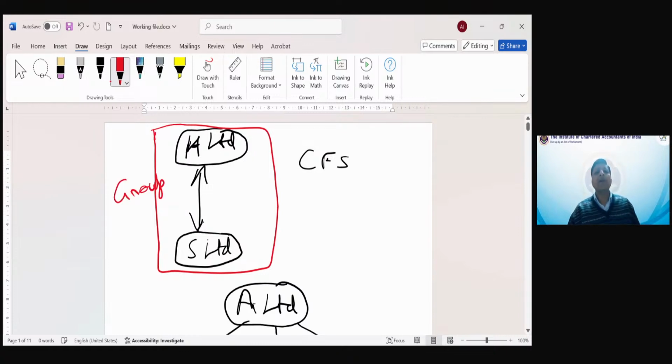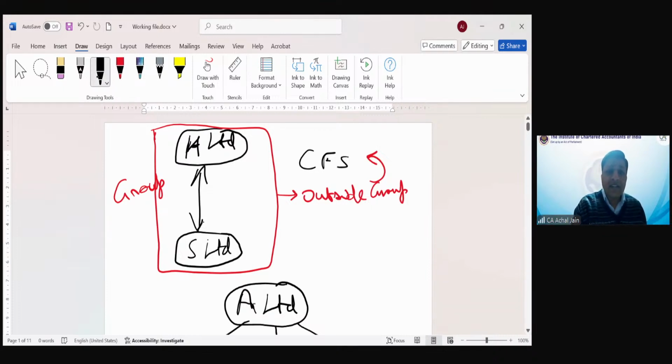They comprise one group. So therefore, if this group will have any transactions outside the group, that is something you will consider for CFS. But if this group will have any transactions which are within the group,